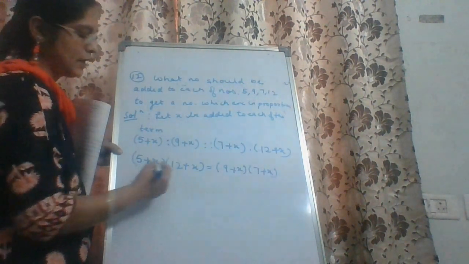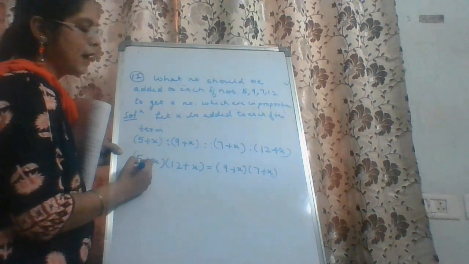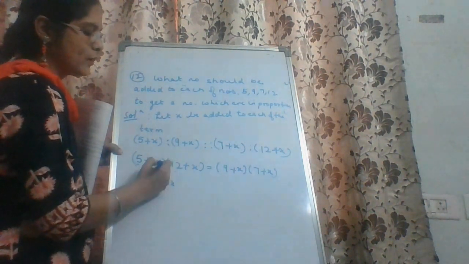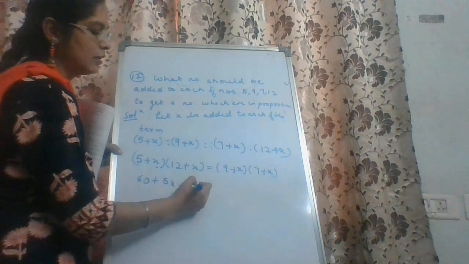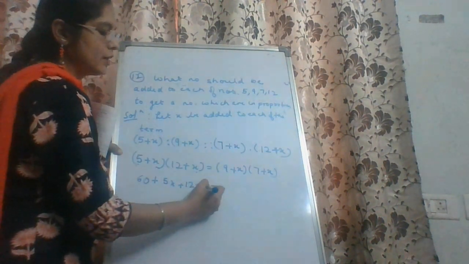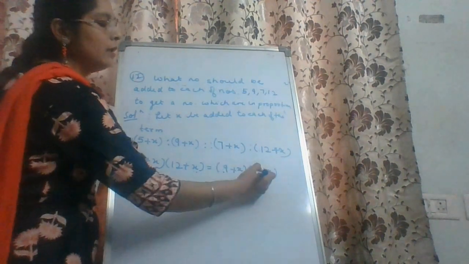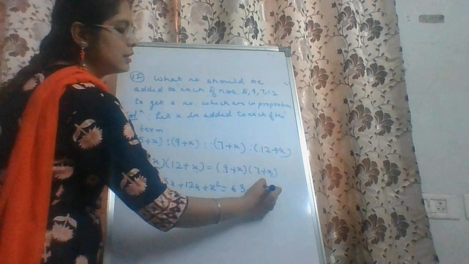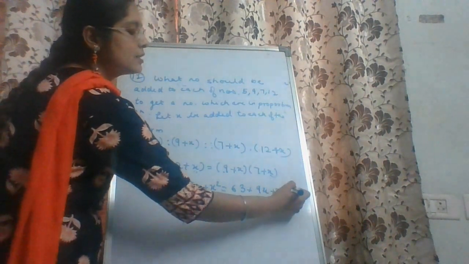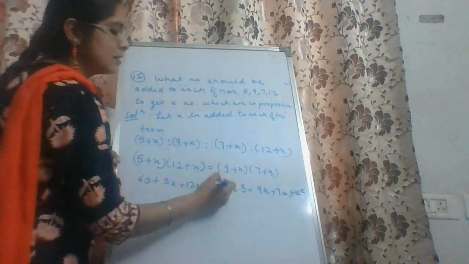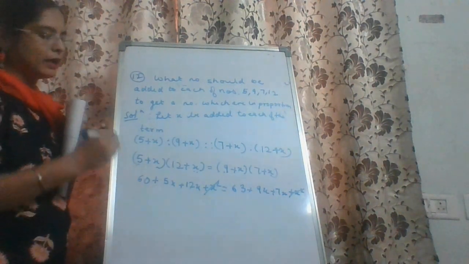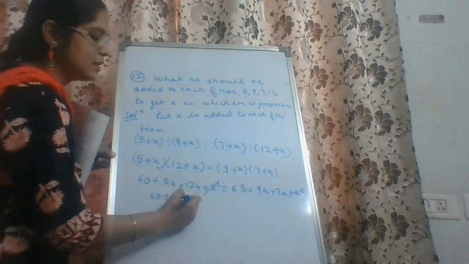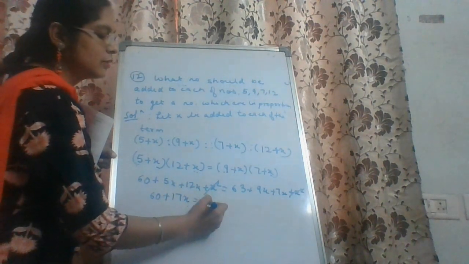5 multiplied by 12, 5 multiplied by x, 12 multiplied by x, x multiplied by x. 9 multiplied by 7, 9x, 7x plus x square. I can cancel my x square directly. I get here 60 plus 17x equal to 63